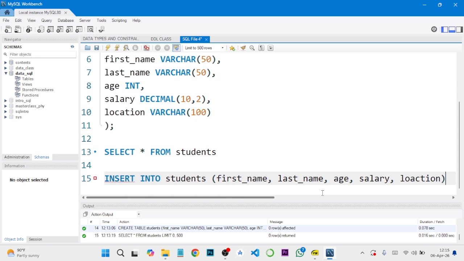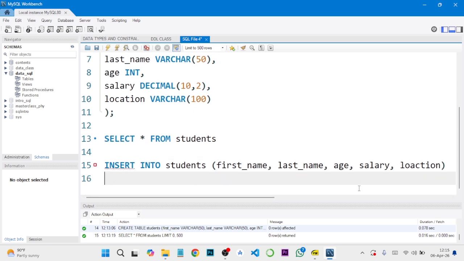Okay. You now come down and you say VALUES. Now open the bracket. So the first name, let's assume. Now please pay attention. If it is VARCHAR, like text, letters, you put them inside single quotes. So the first name, let's say I have Paul, comma,